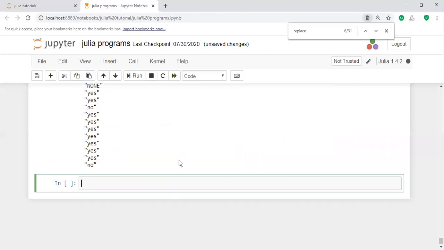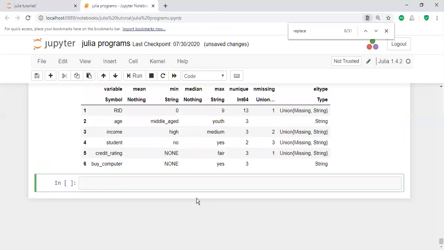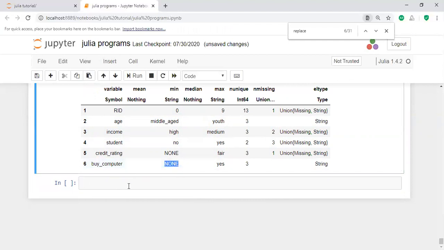Yeah, if you describe the value here, previously there was an NA there, that means it is replaced with something else. There is another one here in buy_computer, none. Here the none is also replaced with yes. Buy_computer, let us take buy_underscore_computer.